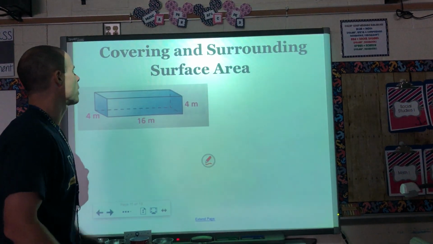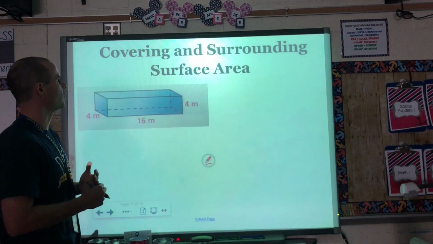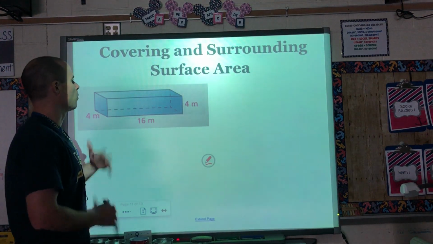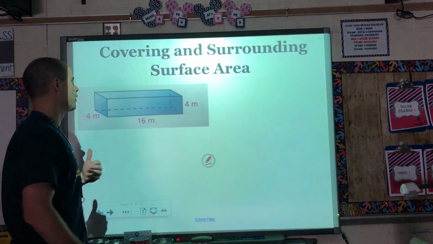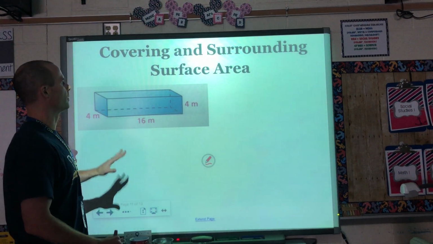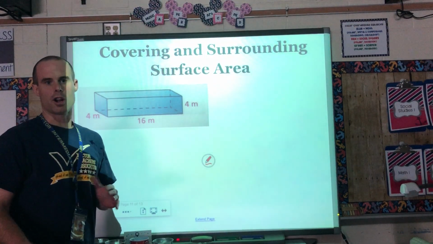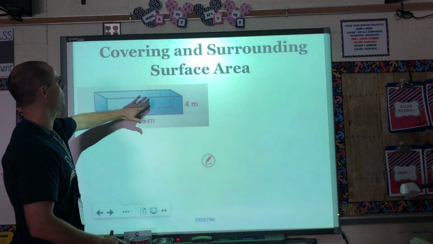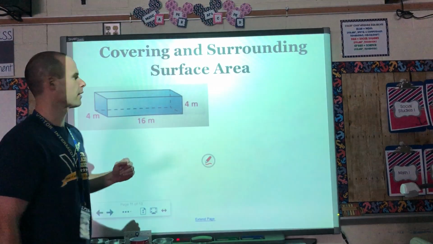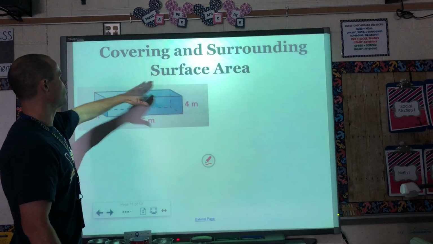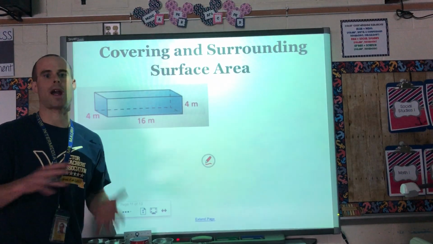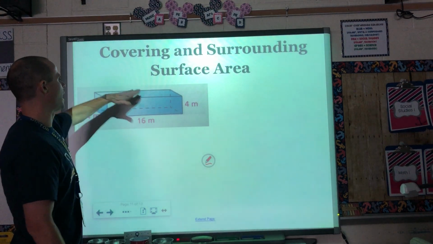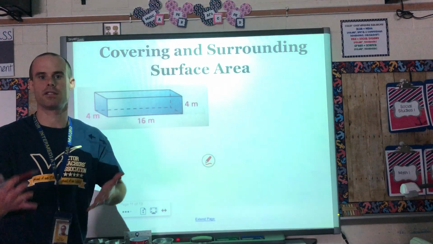All right, so this next problem is from our covering and surrounding unit, and it's going to focus on surface area. So when we think about surface area, the first thing we should be thinking about is, when we're talking about area, we're talking about covering a surface. So with surface area, we're thinking about taking a three-dimensional object and covering every surface. I like to think about it like wrapping a present. You want to make sure that you're putting wrapping paper on every surface so the person can't see what the